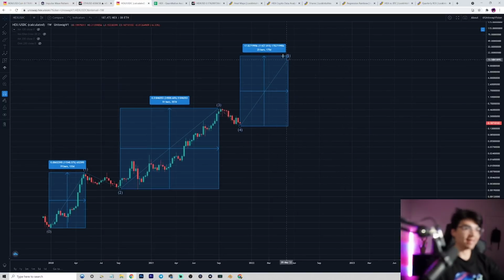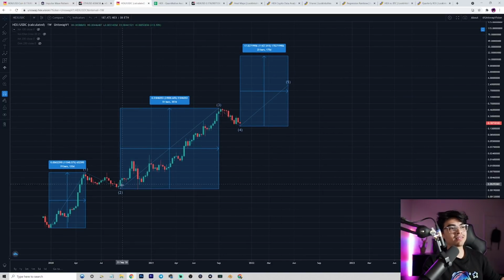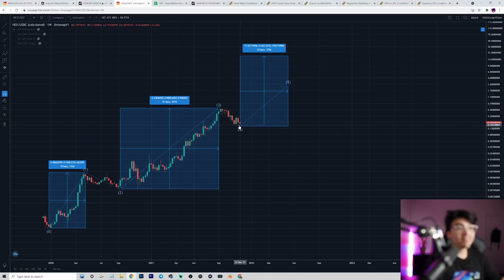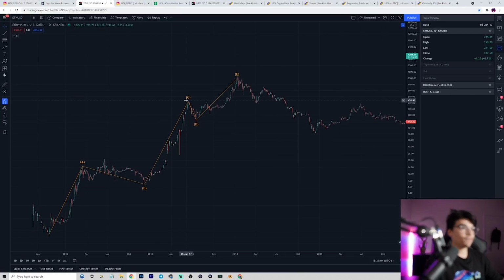But what I'm saying is this could be a wave 5 pattern incoming. We could have already seen our wave 3. This 74% dip could have been wave 4, because wave 4s are usually nasty, right? They trick you into thinking it's a bear market, and it's not. Just like in Ethereum. Just kidding, not a bear market. We're actually going to run up and do another